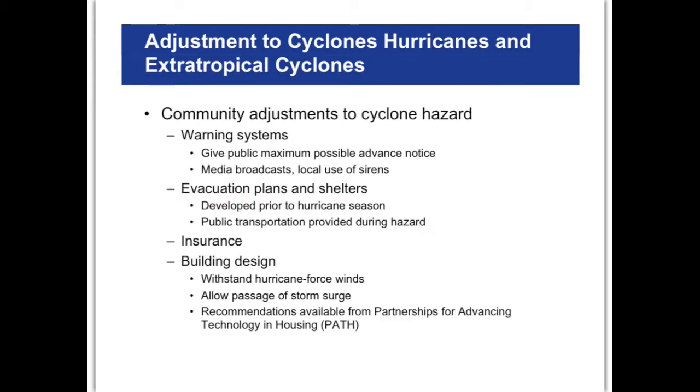And many communities also have evacuation shelters, so that you don't have to move out of the state, or too far away, but you can move just far enough away to be safe, so people don't have to clog the highways getting out, but they can go to designated places ahead of time, evacuation shelters in a local area that are secure and that are able to provide for the needs of people in the event of a hurricane. Of course, insurance is a big thing, and it certainly depends on how at risk the area is. That may make insurance cost effective or not cost effective for you, because if it's too expensive, it may not even be worth it. And also building design as well.